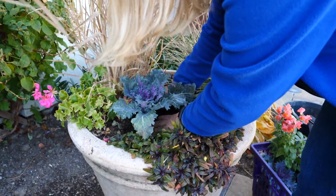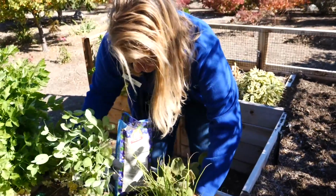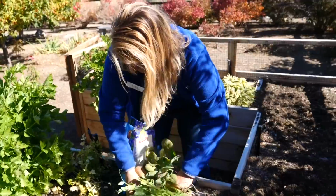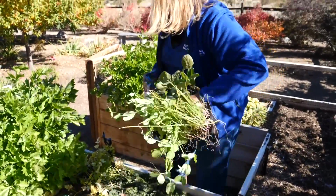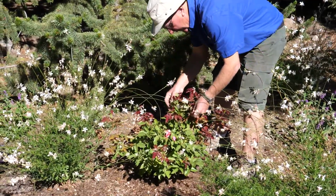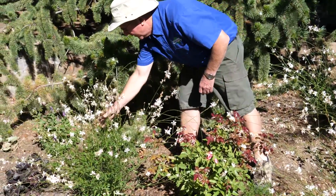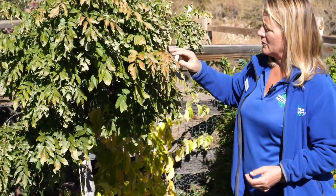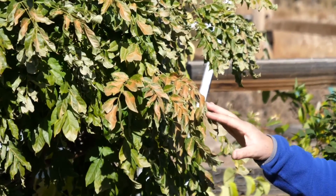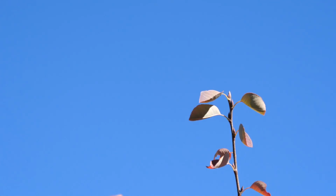You might also be tempted to do a lot of pruning and cleaning up. The cleanup is an easy thing to do in the latter part of the fall, but leaving some things is the best practice for the larger Truckee Meadows. And by that I mean when you're looking at your perennial beds, some of your trees and shrubs, and you feel like you want to really thin them down, try to leave some plant material around on your perennials to protect those plant crowns or the top of the plant from being too exposed to freeze and thaw conditions in